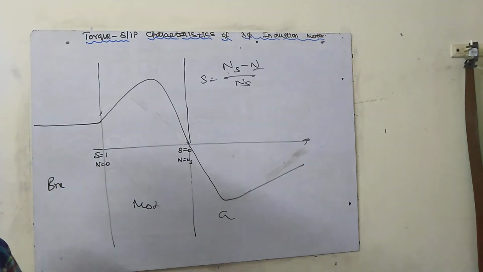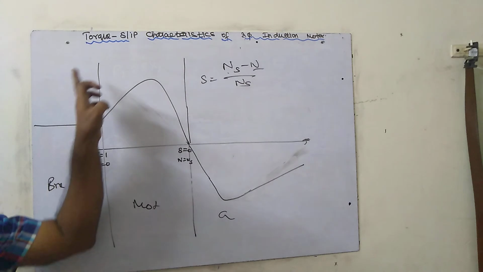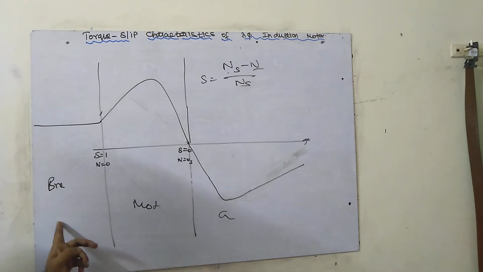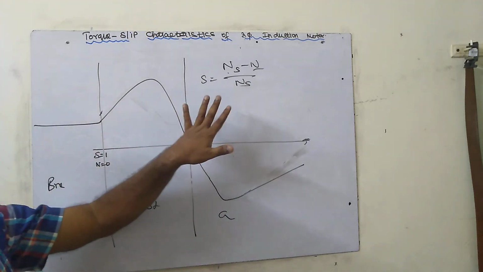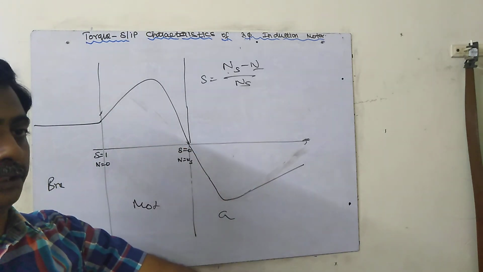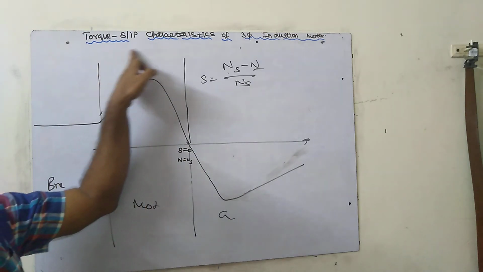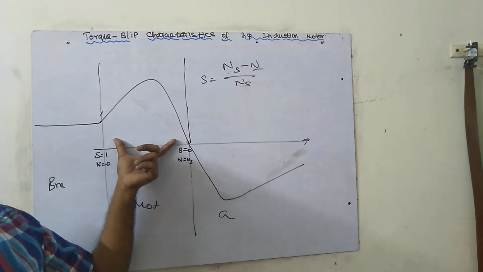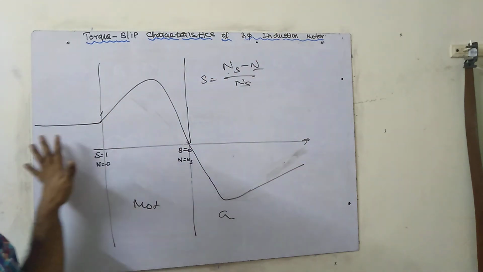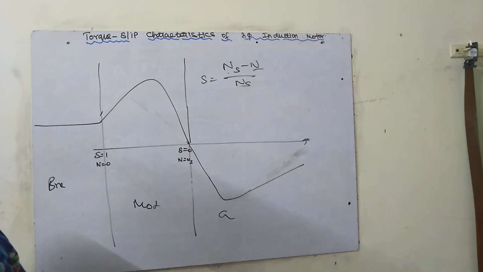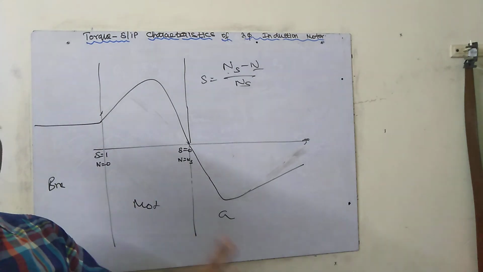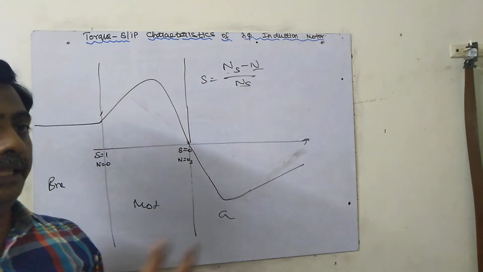This is the torque slip characteristics of a 3-phase induction motor. We have seen three things: the torque slip characteristics of a 3-phase induction motor, normally motoring mode, then generating mode and braking mode. This is the question and answer for torque slip characteristics. If they ask what is the effect of rotor resistance, that is an additional question. If they ask only for the torque slip characteristics of a 3-phase induction motor, you have to explain the 2 cases clearly, case 1 and case 2, then draw the torque slip characteristics. After that you have to draw this diagram: the motoring region, the generating region, and the braking region. Suppose they additionally ask for the effect of rotor resistance, then you have to draw the additional diagram.